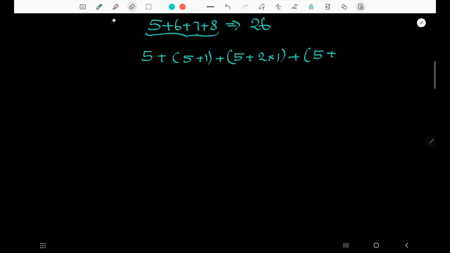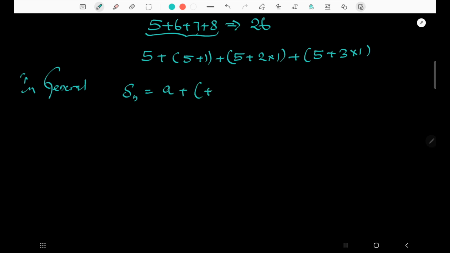Okay, right, 3 times of the difference. Clear? So in general we can say, generalize this one. In general, we can say the sum of series Sn equals, the first term is a and the second term is